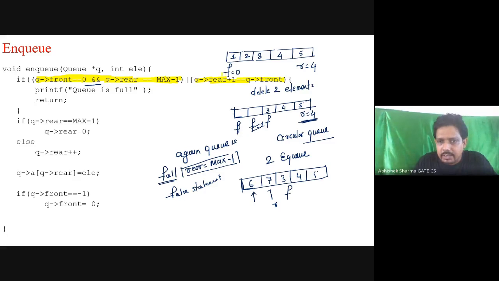So this is the one condition, that front equal to 0 and rear is equal to 4, and both should be true simultaneously. That's why 'and'. Or what can happen is this condition, that rear plus 1 is pointing to front. In that case I will say queue is full.